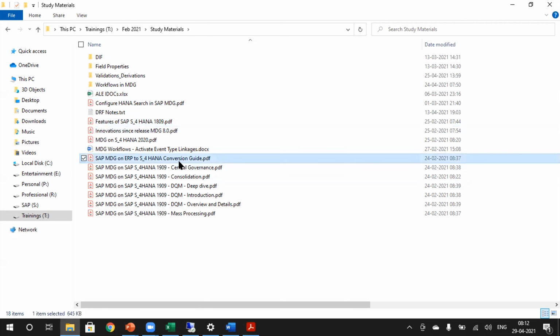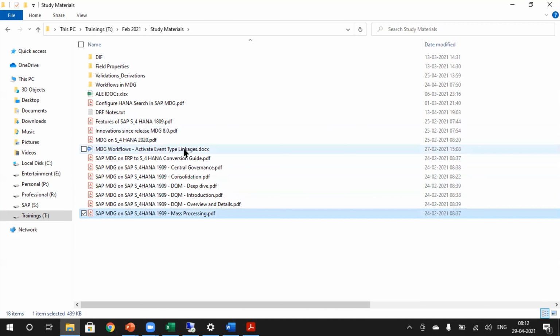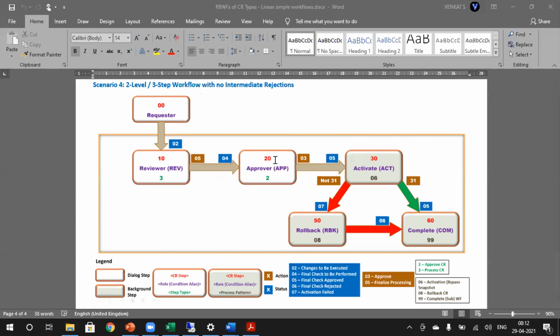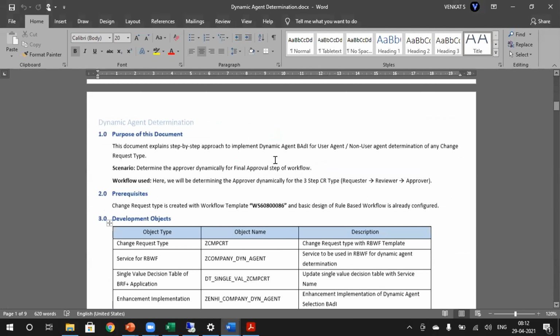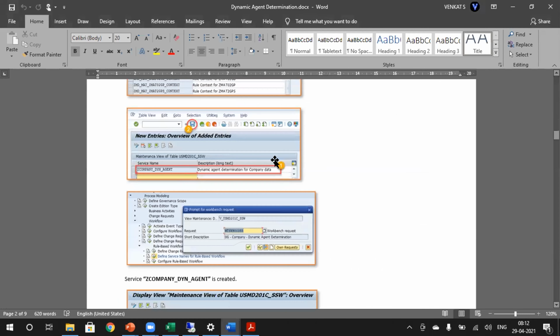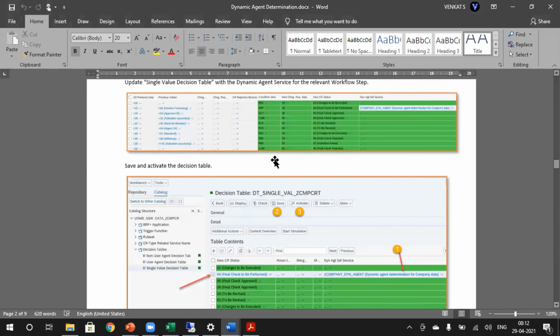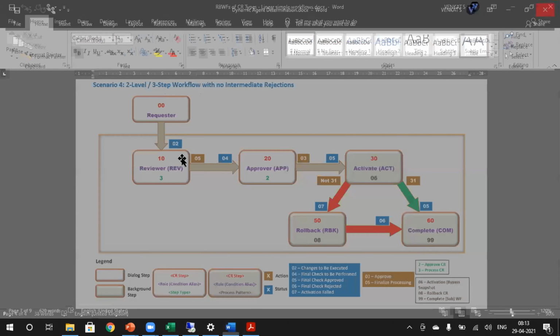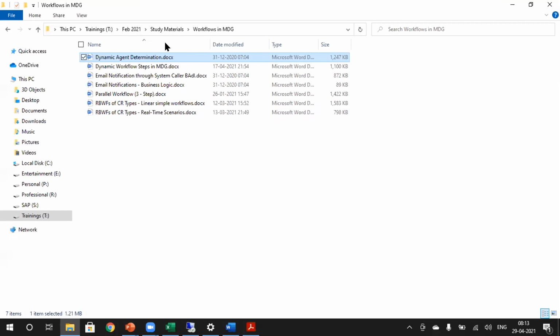A few are SAP standard ones, which are good actually. And a few are my own study materials. You can see this one is prepared by me. I would be providing you the study materials in this format. It has detailed steps, and you could see the SAP standard documents also.